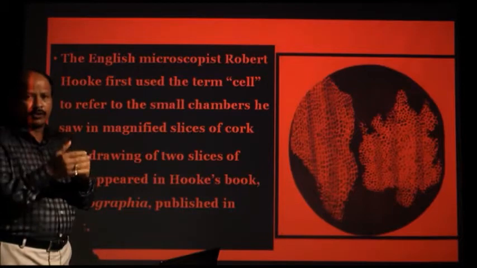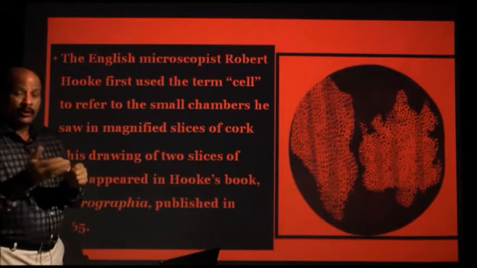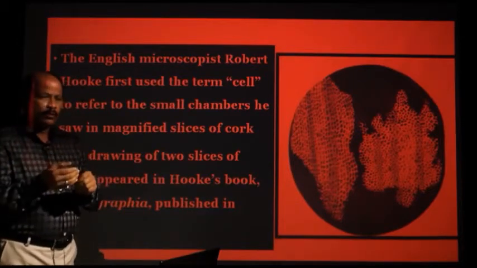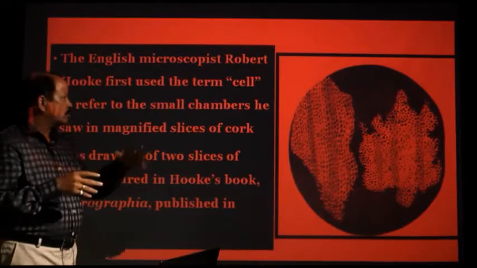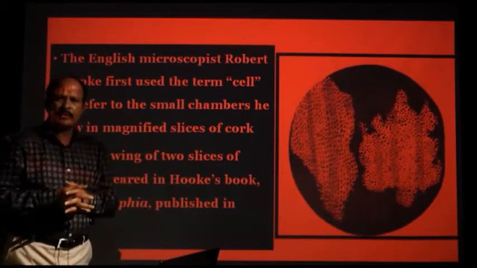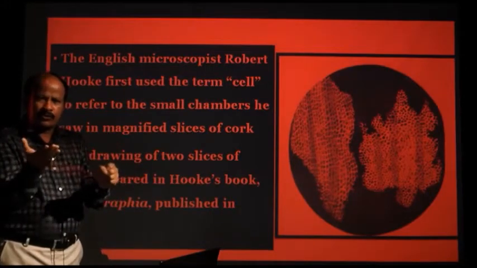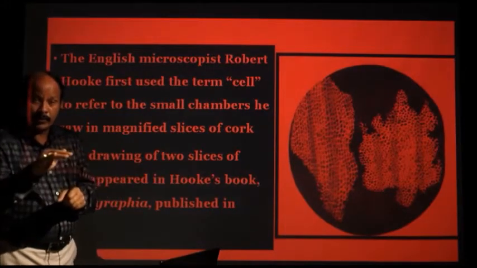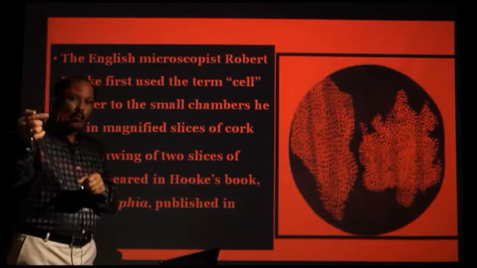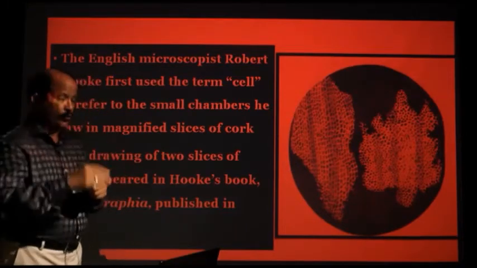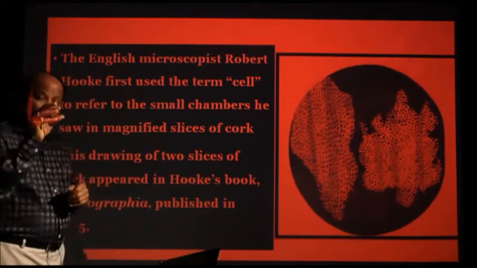It is the outer region. These cork cells of a particular plant he took, that is Quercus suber, and he made slices, thin slices as thin as possible, and observed through his own made compound microscope and found small cavities,